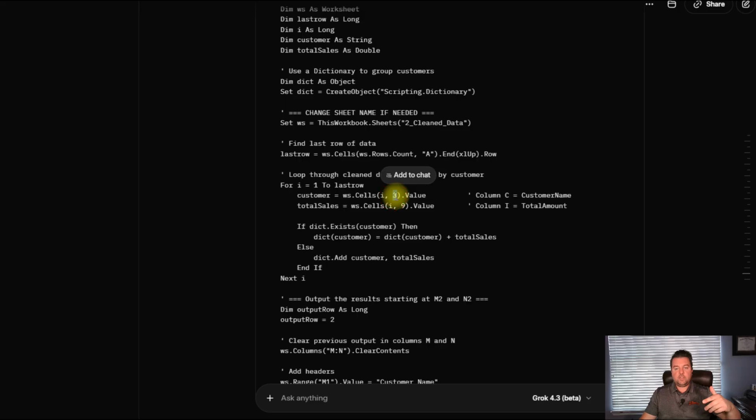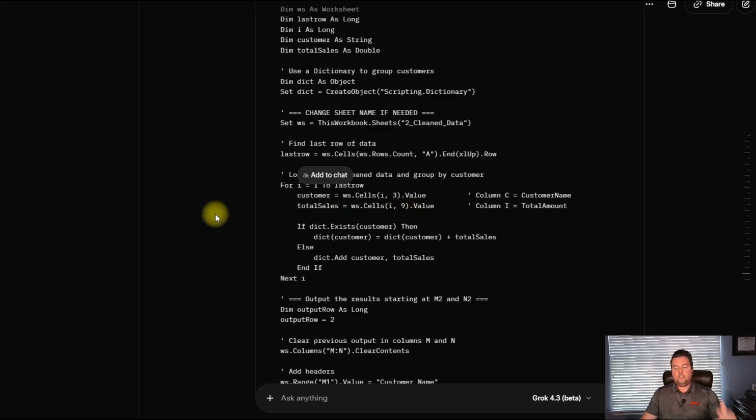And this is the column, which is 3, but it corresponds to column C where the customer name lives. Again, it's saying it over here, just for clarification. What this is doing is saying, within this worksheet and this cell, pull the value and store it in this variable. And same with total sales, but in column 9, which is I.